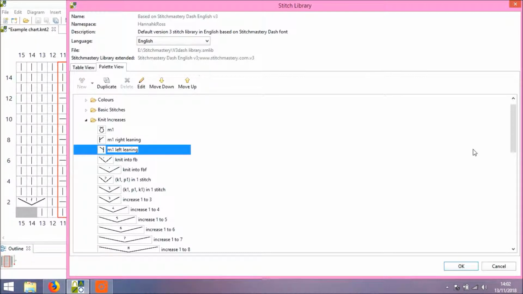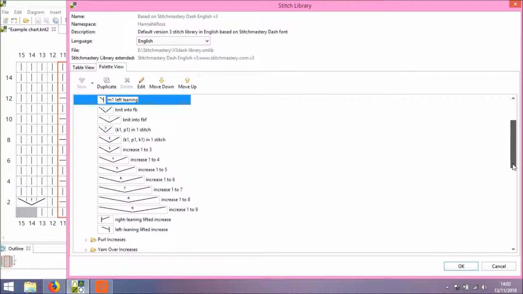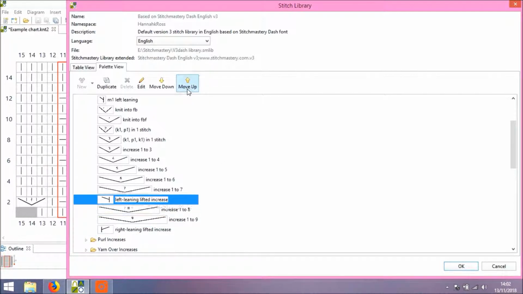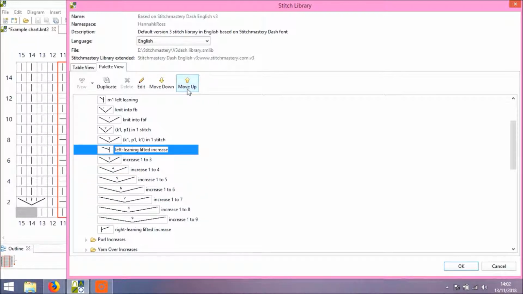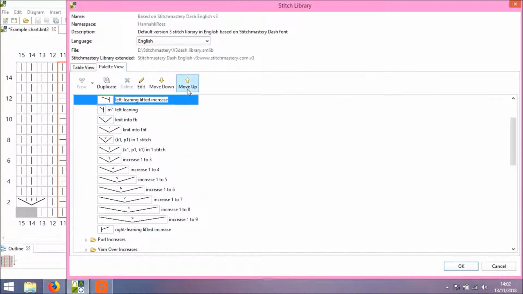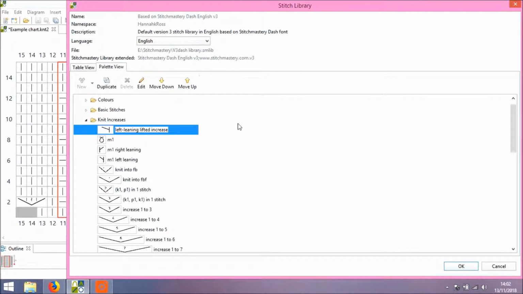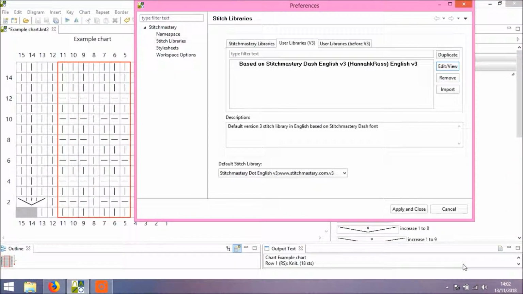So if, for instance, I frequently used the left leaning lifted increase, but found that when I normally open the folder in the palette that stitch was always below the screen and I had to scroll to it, I can use this to move that stitch right up to the top of my folder just to save a little bit of time. So that's it at the top, and we just click OK